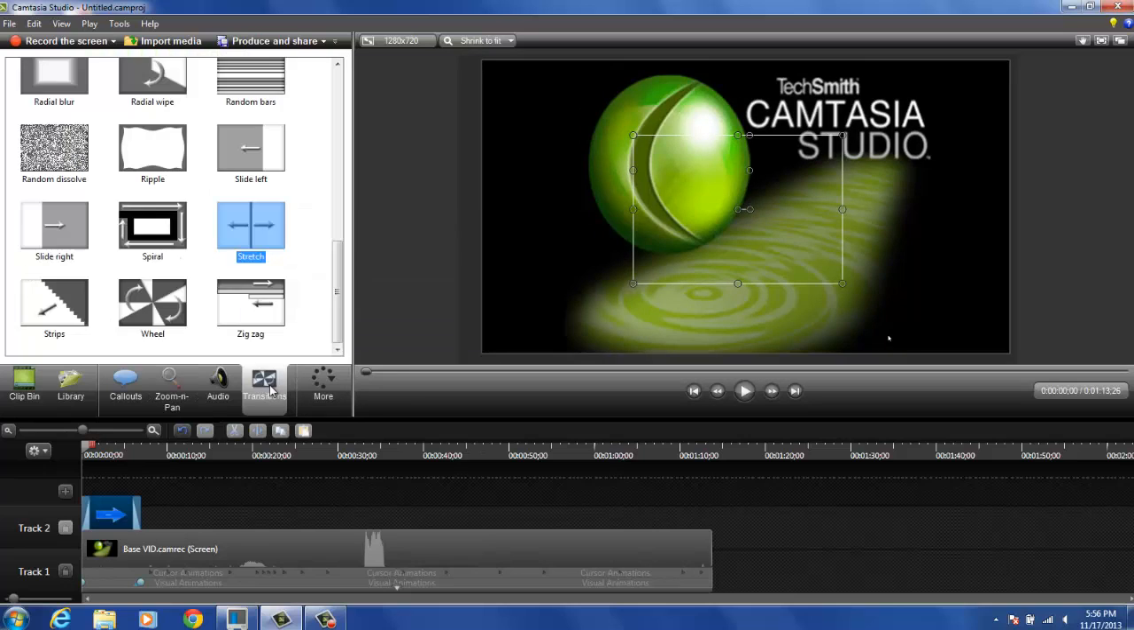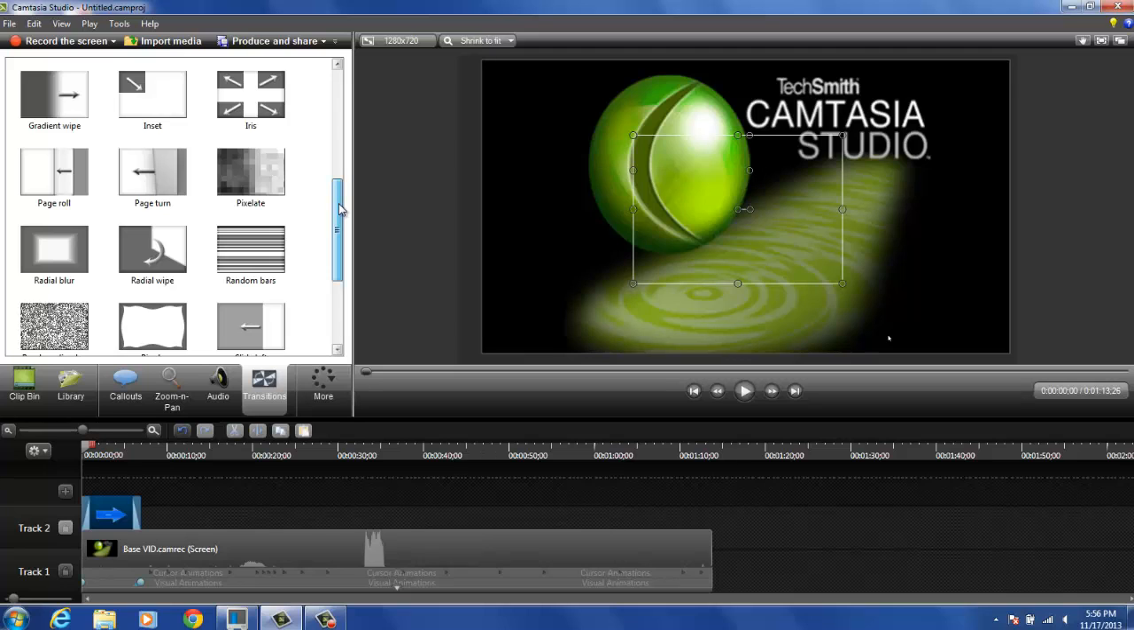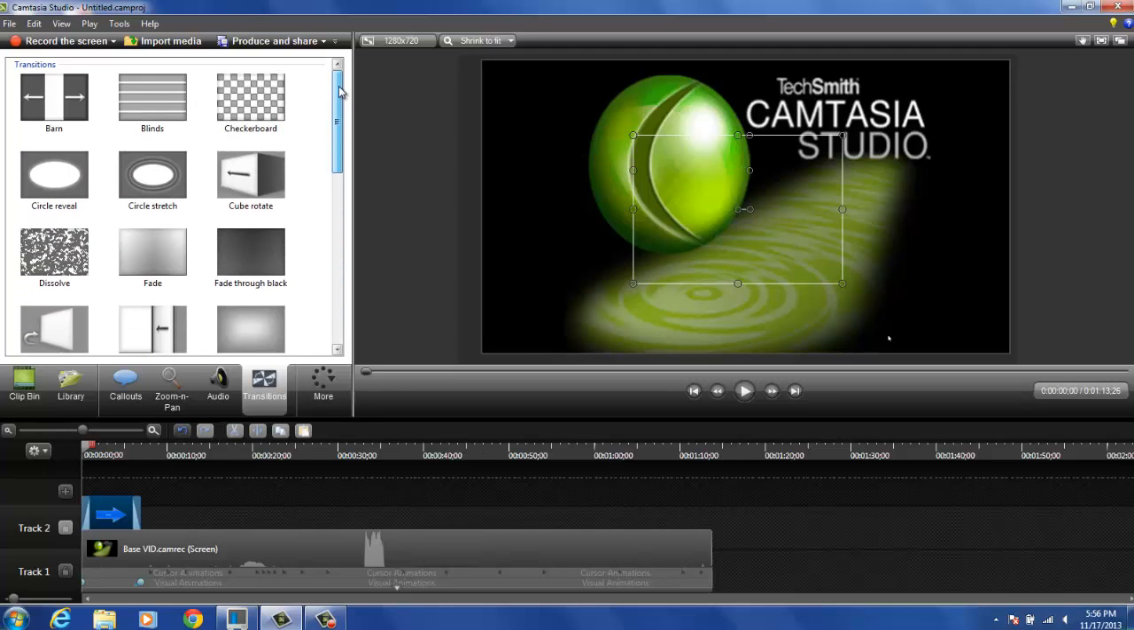Next, I want to show you the transitions. These are applied to the different clips. So it'll apply it to, for instance,